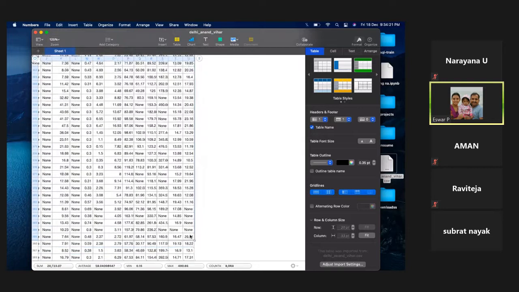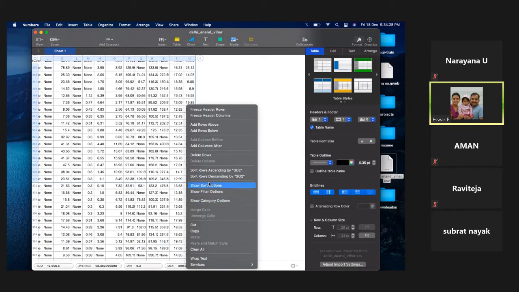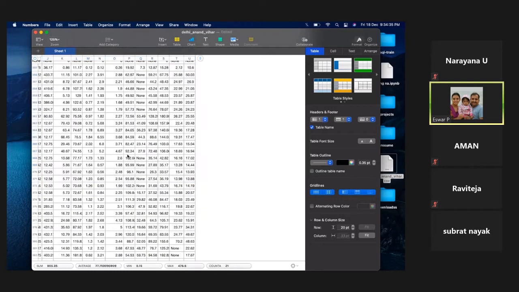Yeah, keep it. No, delete from around this much. Delete rows. And go to first row.